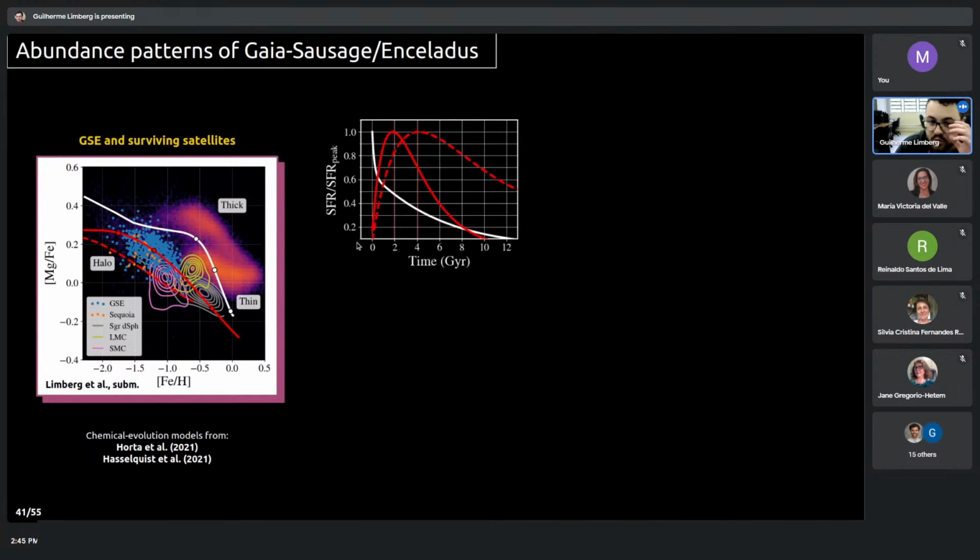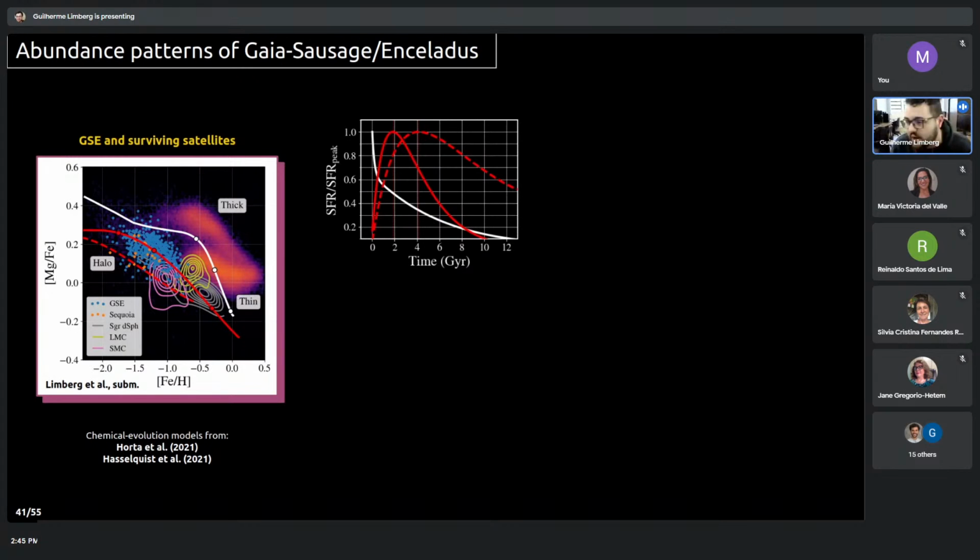And this chemical evolution model is represented in a different way in this star formation rate over time plot. And we can see that this simple chemical evolution, with a declining magnesium over iron as a function of increasing metallicity, is very characteristic. This continuous decline is very characteristic of a star formation history with a single peak of star formation, a single burst of star formation, if you may. And this model can reproduce quite decently the behavior that we see for this dwarf